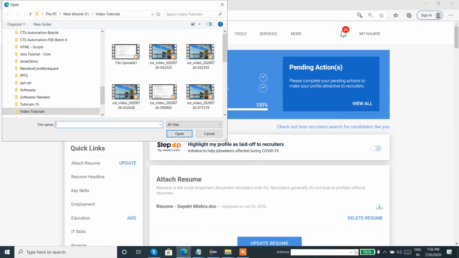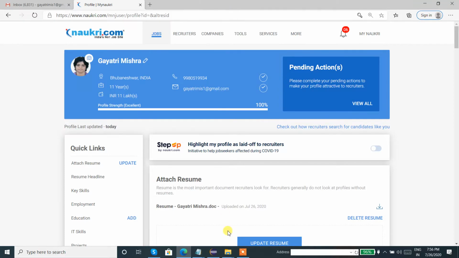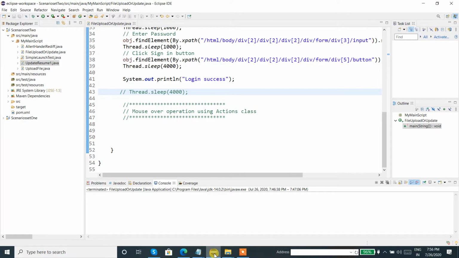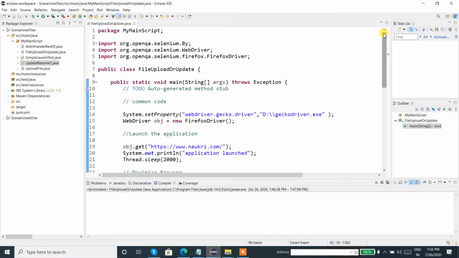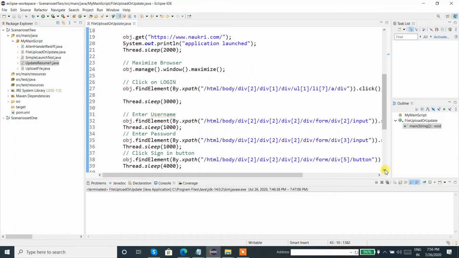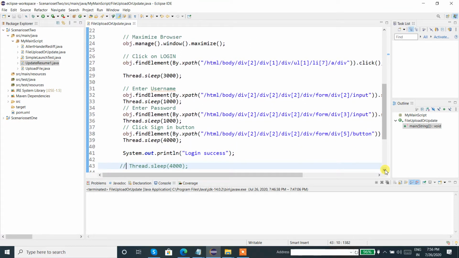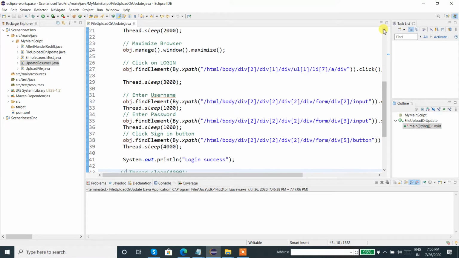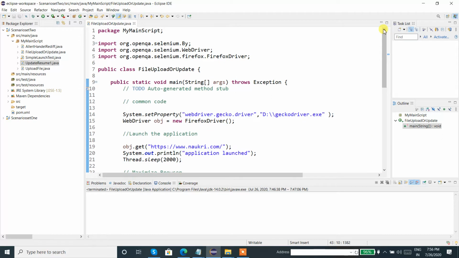So these are all the manual steps I showed. Let us go to Eclipse. I completed a partial script over here because it is a huge script. From launching the application, entering the username and password, and clicking on login, I completed, because we have already discussed all this. No need to repeat the same steps again and again. Fine. So if you want, we will just have a look at the code we did.